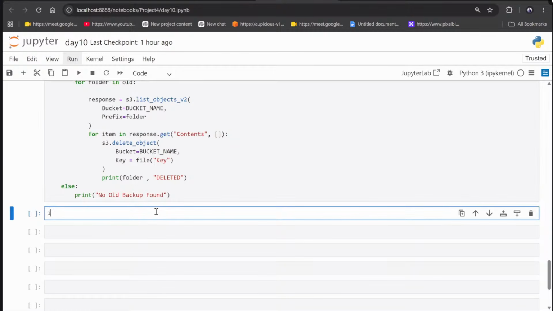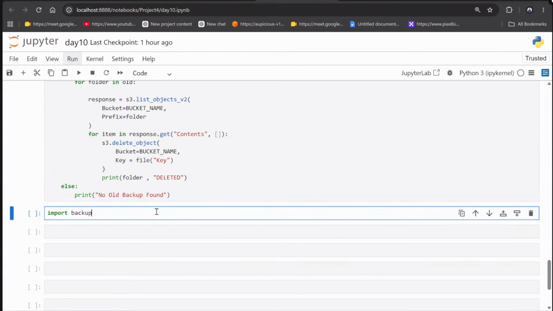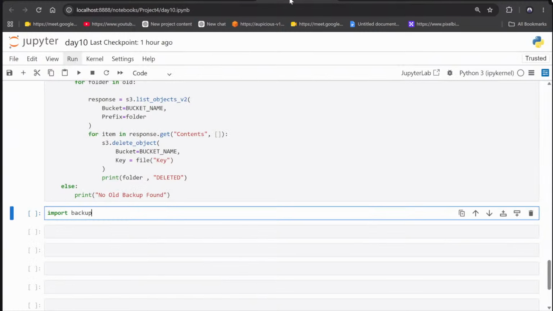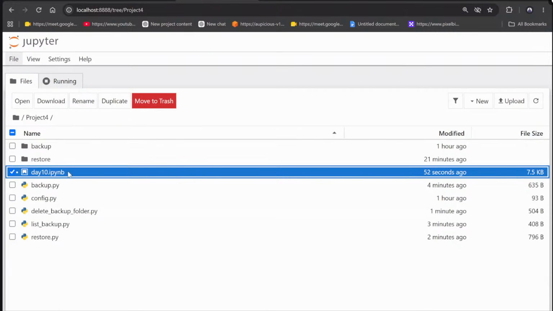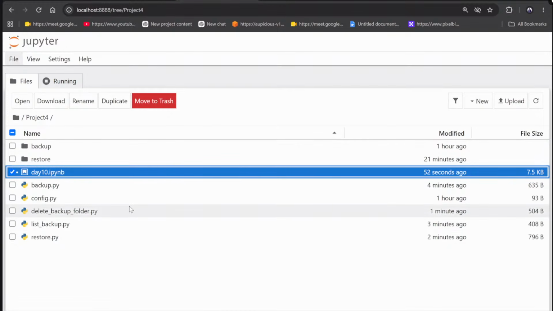I'm not importing anything so far, but I can import now, maybe backup, which I created here, this file backup.py. I'm importing this file here. Also I'm importing all the files which I created here, which is config, so I want to import config also. I can import all the files from here, so your choice, wherever you want, you guys can import it. I am importing all the functions, so delete backup folder,